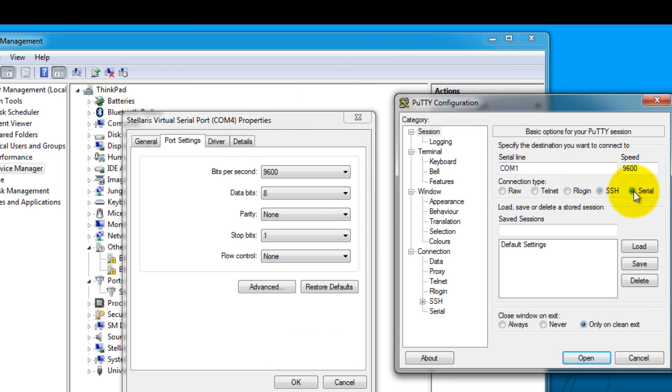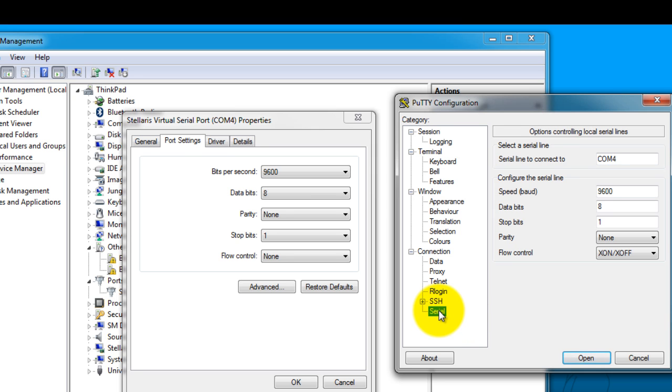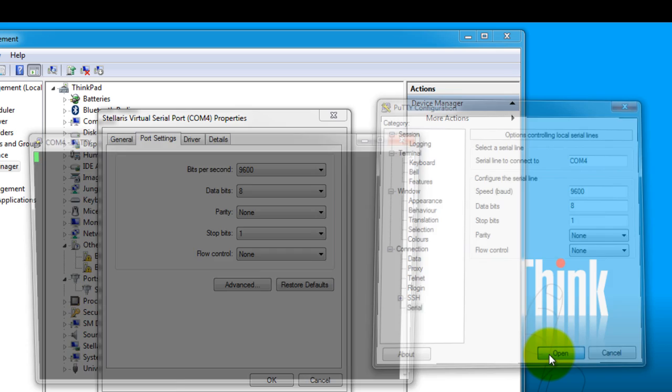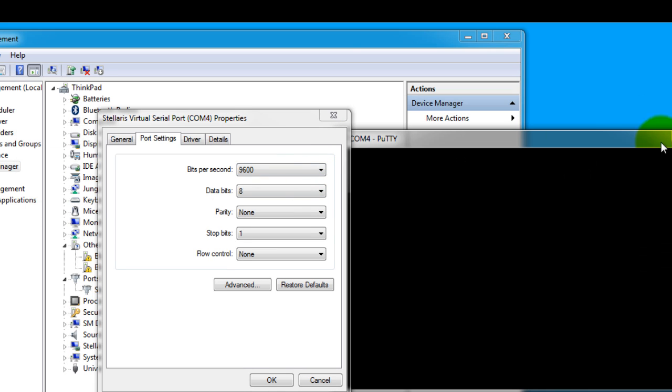So in this window, click on the serial option, change the serial line to COM4 so that it matches your Stellaris board. The speed is 9600, which is what I have in this window also. And you don't have to worry about configuring the data bits, parity or the stop bits, since those are the defaults for PuTTY as well. But you can go to serial if you want, and actually let me change the flow control to none as well. So once you have done that, go ahead and click open. So that should open your